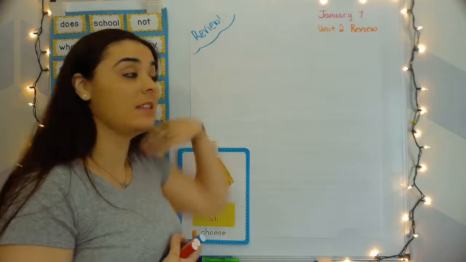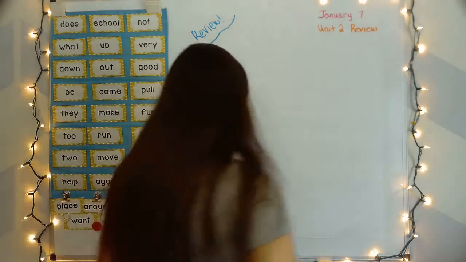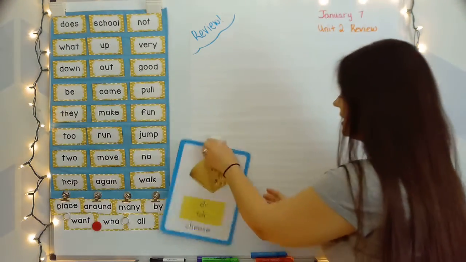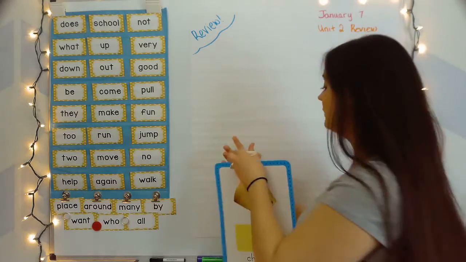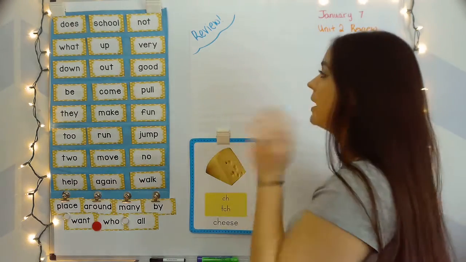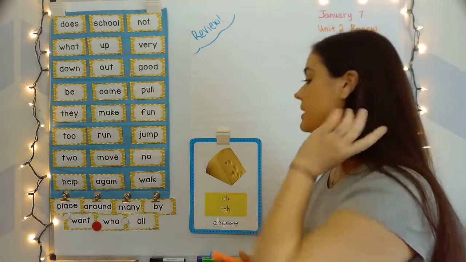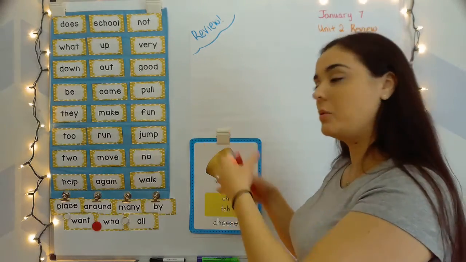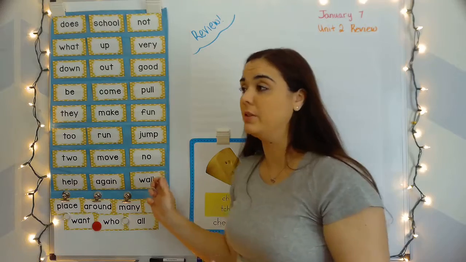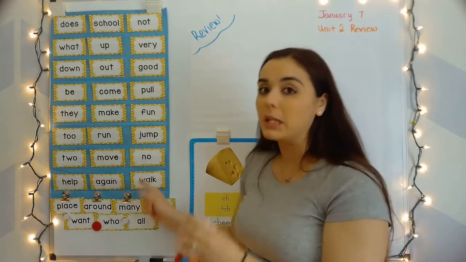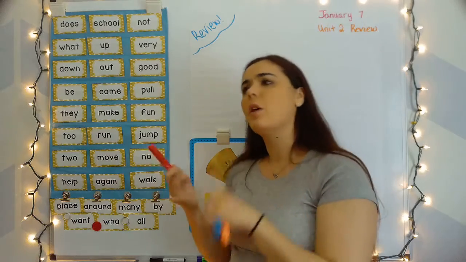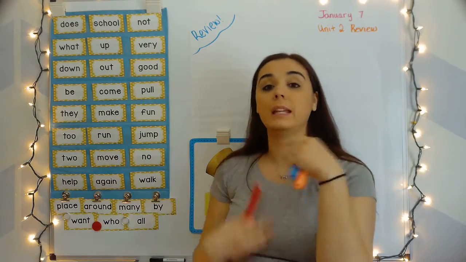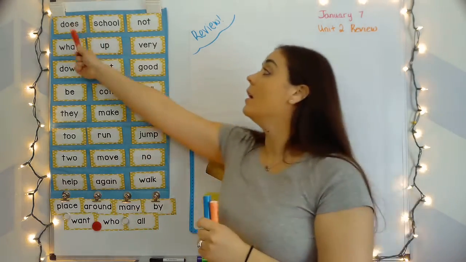Today's January 7th, and we are going to be reviewing all of those digraphs and those blends, such as the cha and the sh and the wa. So let's go ahead and we'll do high frequency words first. So we've got all of the Unit 1 words along with a few of the Unit 2s that we've been sprinkling in all week long. We'll start from the top today. Make sure that you are focused and paying attention, repeating, practicing.